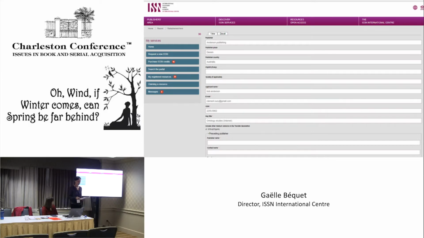They land on a form where they actually have to fill in a few data or information related to the publication itself. So they have to specify the preceding publisher, the date of the transfer, the URL, and also they have to upload some document. That's not compulsory, but that was something we